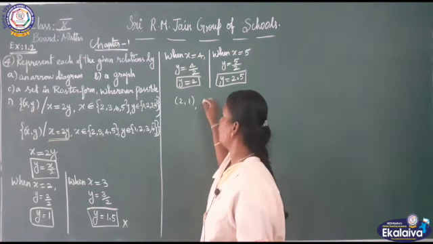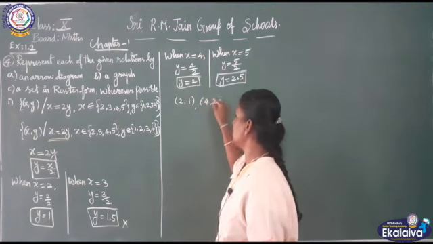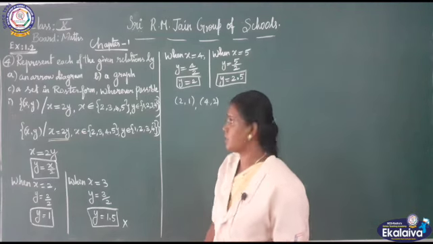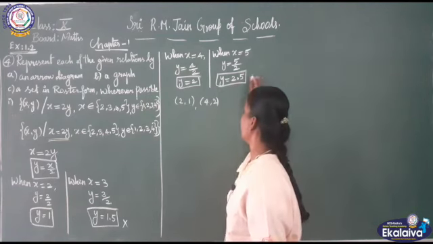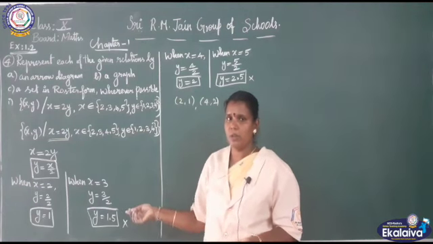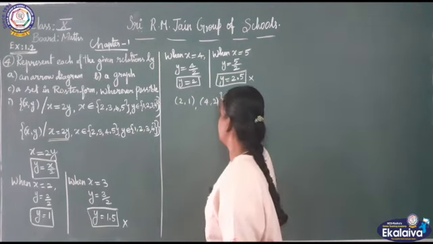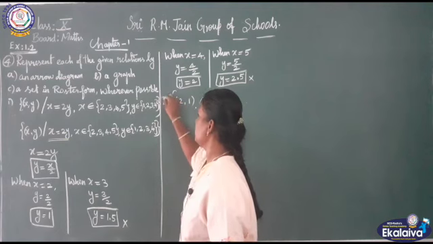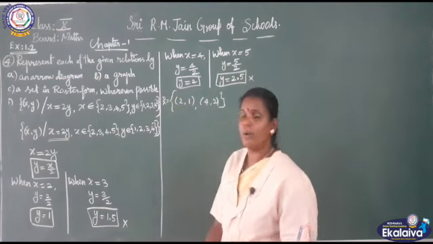Then when x is 4 we will get the y value as 2, we can write that as a relation. When x is 5 we will get the y value as 2.5, we can't write that one because it is not there in the y set. So, we will complete this relation. Are you clear how I write the relation?